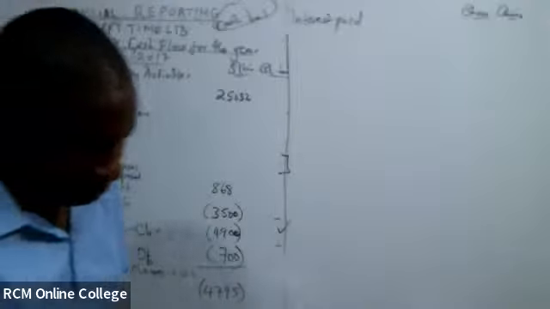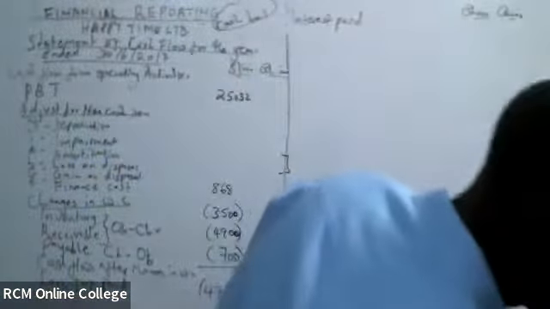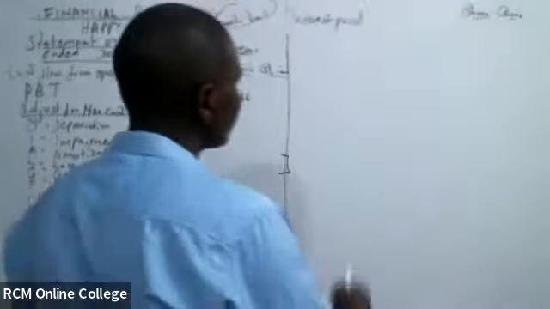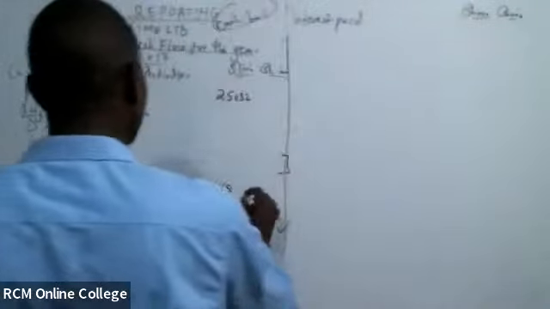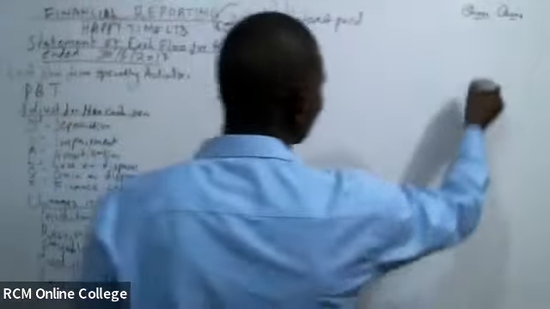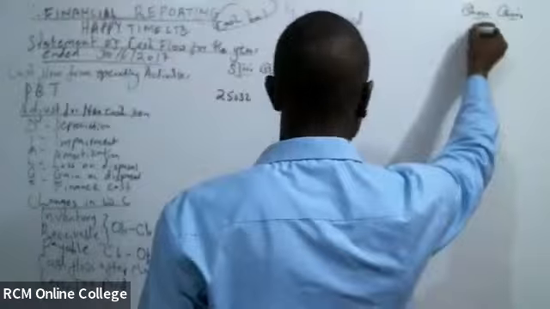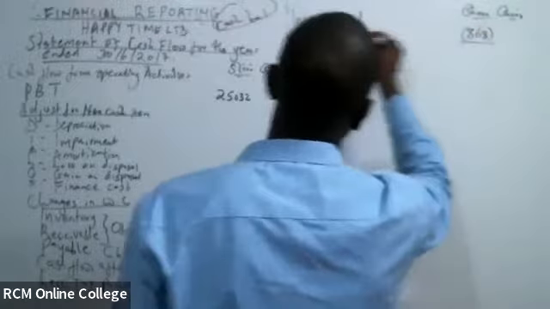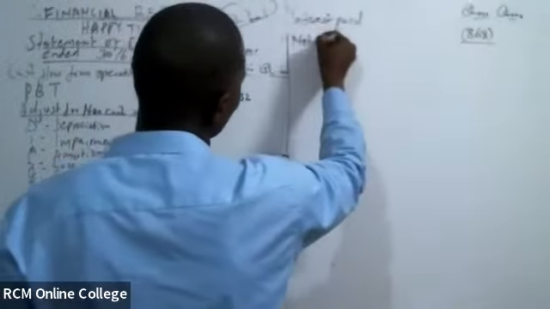What does that tell us? That this interest yenye iko hapa, it was the actual interest paid. And we have to bring it here, 868 na tunatoa. And then we shall be able to get our net cash flow